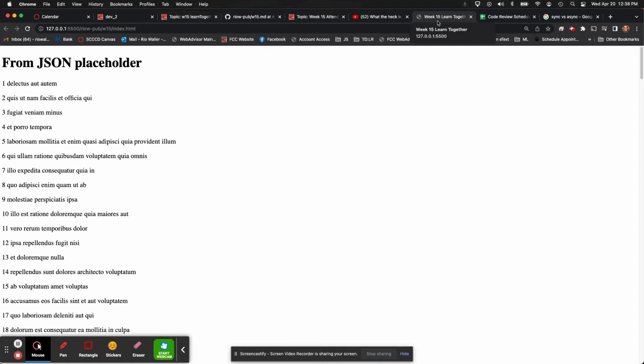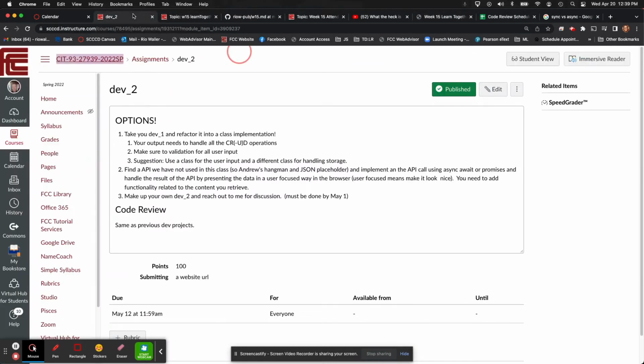Okay, I've talked about that. So I talked about the dev, right? So our last dev. We're covering, if you choose the second option for your dev, how to write asynchronous code to make API calls. So when you see "find an API," what we're basically doing is writing asynchronous code by finding an API,